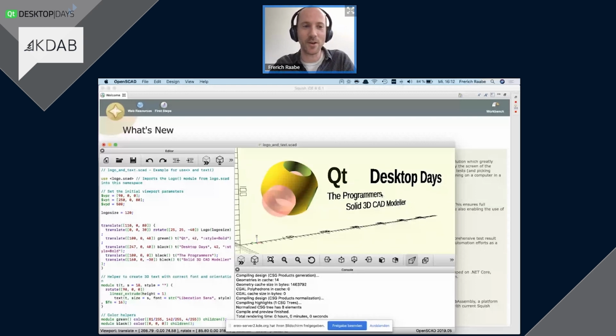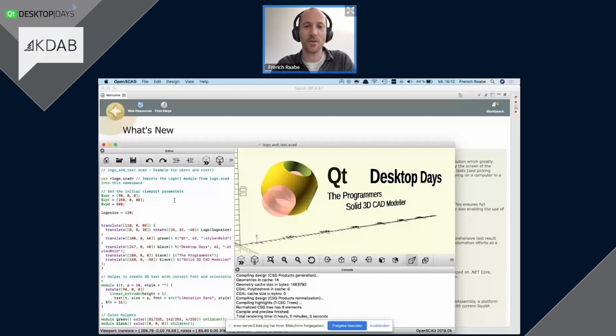So this is the OpenSCAD application we want to test. And by the way, this application is totally unmodified. So I just downloaded it from the internet. It's not a debug build or anything like that, which is very important because you want to run your tests on exactly the same build of your Qt application as the one you're deploying to a customer.